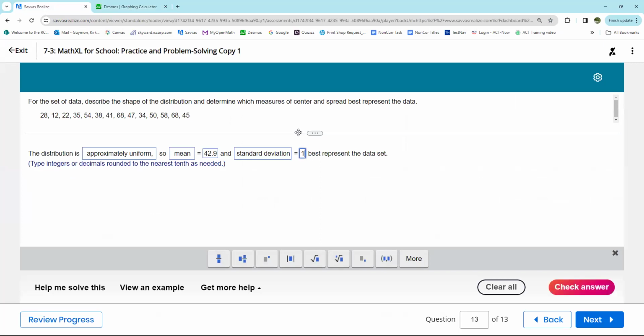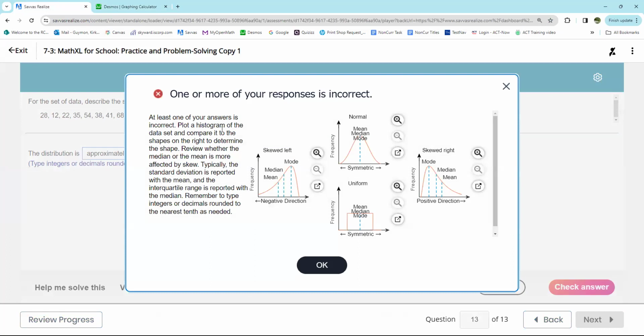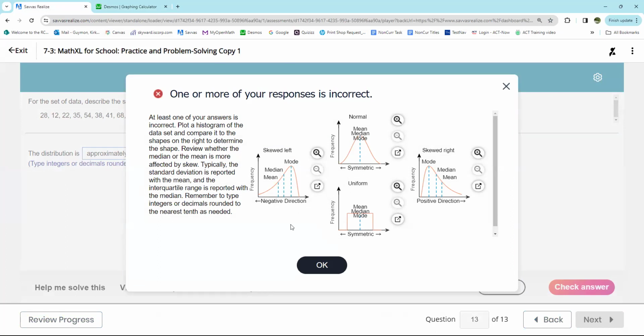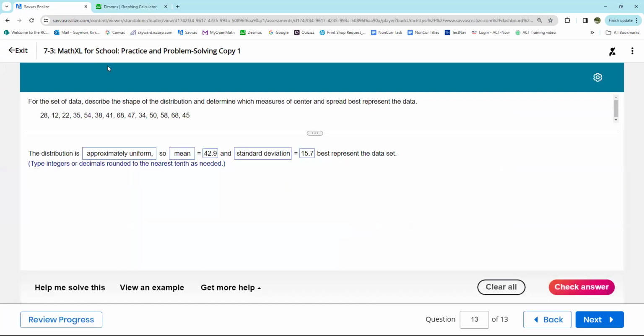I have a mixed feeling about this. It says use the mean, median, or mode here, and at least one of the answers is incorrect. Plot a histogram, compare it to these shapes. It definitely, to me, seems mostly uniform. So I really feel that uniform is right. And if it is uniform,